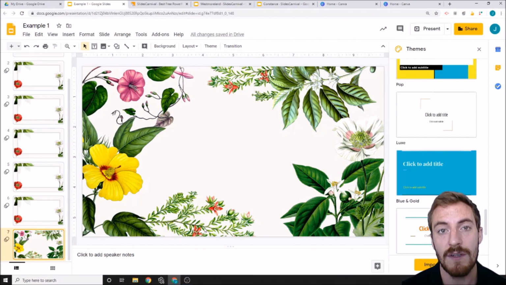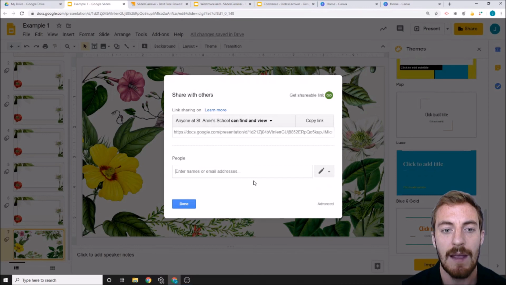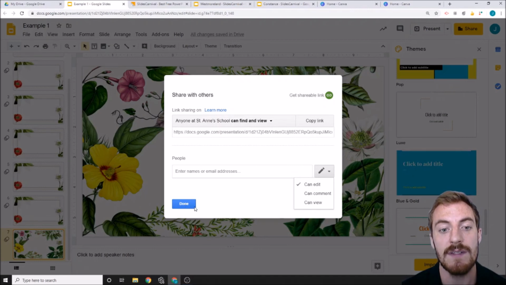And again, when students are working on this in the group project, for example, one of them can create this project in their Google Drive, and afterwards they can press share, and they can share this presentation to edit, this first option, with the other group members, and then they can work on the same presentation at the same time. And it's a nice group project to work on, especially in quarantine, because they can do